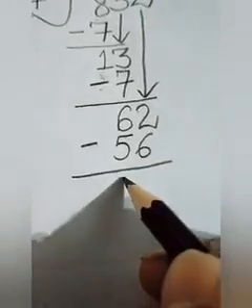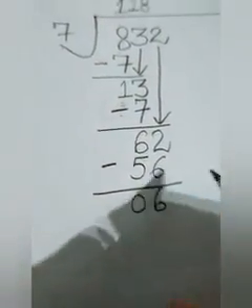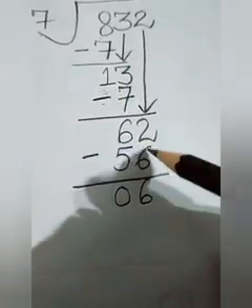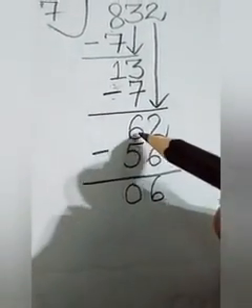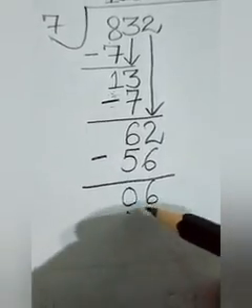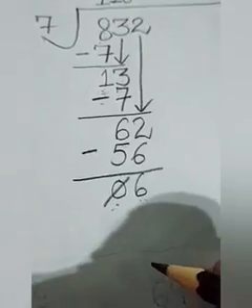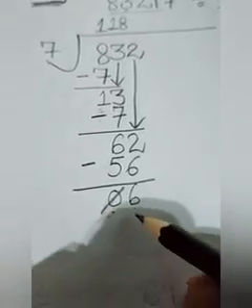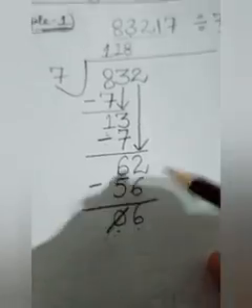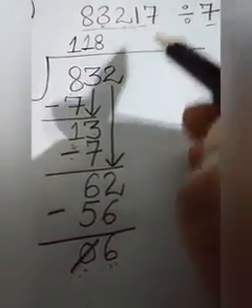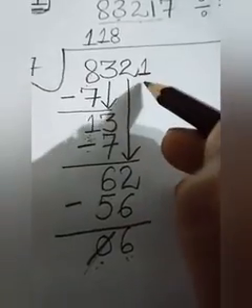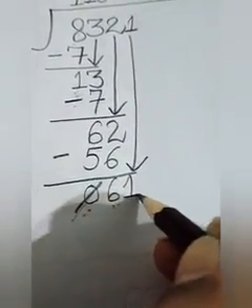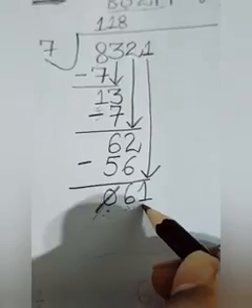So what we will write here? 0, 6. Students, take care, we have to write in the arranged form. 12 minus 6, 6 is there, here 5 minus 5, 0 will be there. We got 0, 6 and this 0 doesn't matter because in maths it is a rule that no number starts with 0. So we will ignore this 0, means we are having only 6. Now see the statement, after 2 which digit is there? 1 is there. So we will write here 1 and this 1 will be brought downside and written with this 6. Now it has become 61.